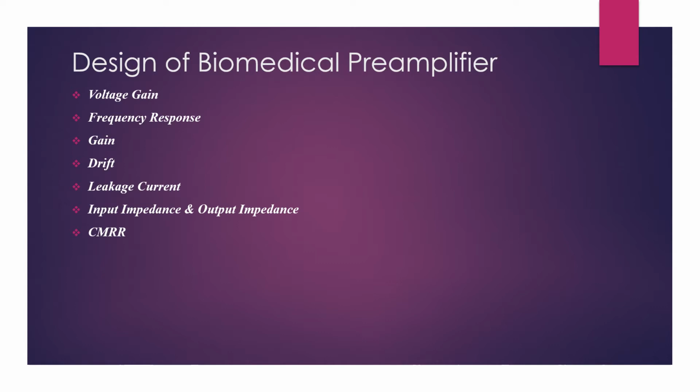The last condition is that the common mode rejection ratio should be more than 80 decibel because it is easy to eliminate the interference caused by the mains. Therefore, the biosignal amplifier should be at least a differential amplifier. All these biosignal amplifiers are designed with operational amplifier as the basic unit.